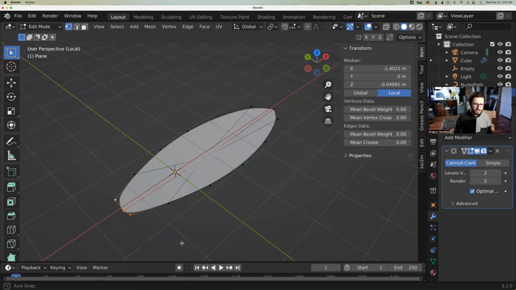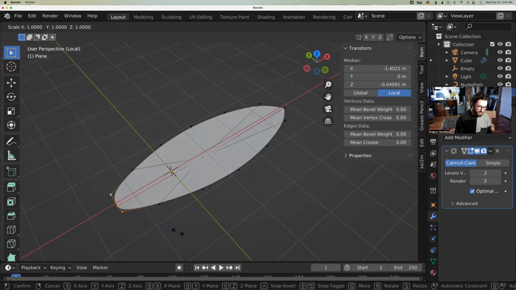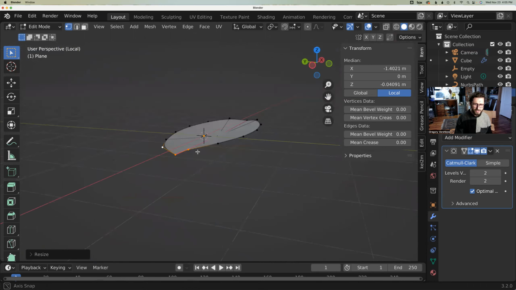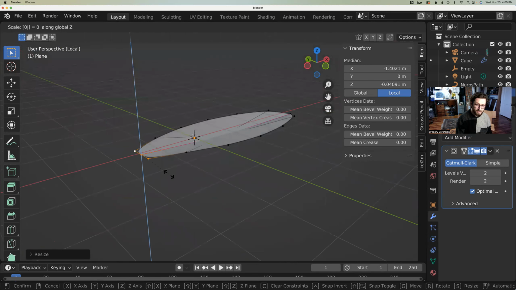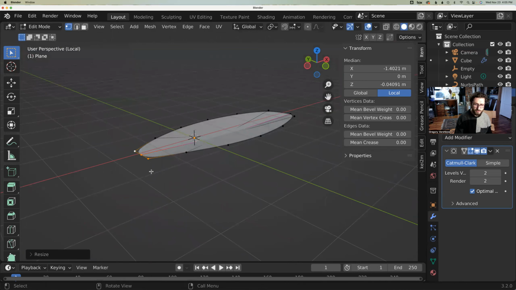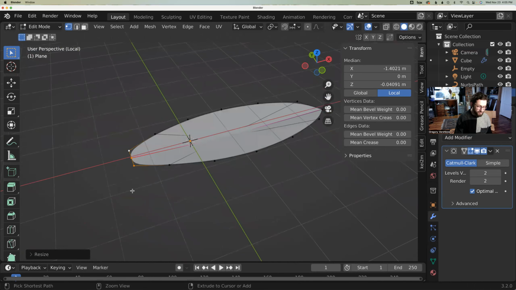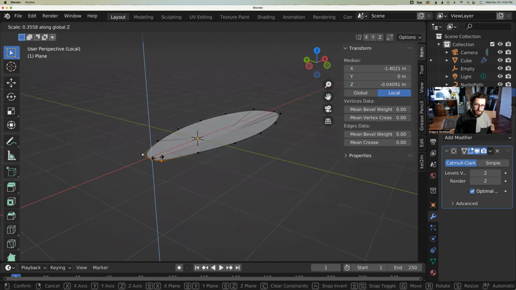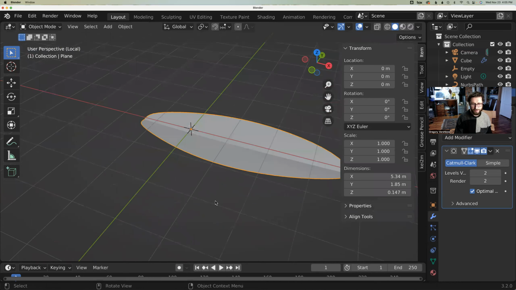Then I'm going to select these points, and I think they're already even, but to make sure they are, I'm going to press S, X, and 0. And that did move it a little bit, so they're all lined up on the x-axis. And let's see how it looks if we flatten it out. S, Z, 0. I think it might have looked better without that. So maybe we'll do S, Z and just pull it down a little bit. So that crease down the middle kind of disappears a bit. So we can see